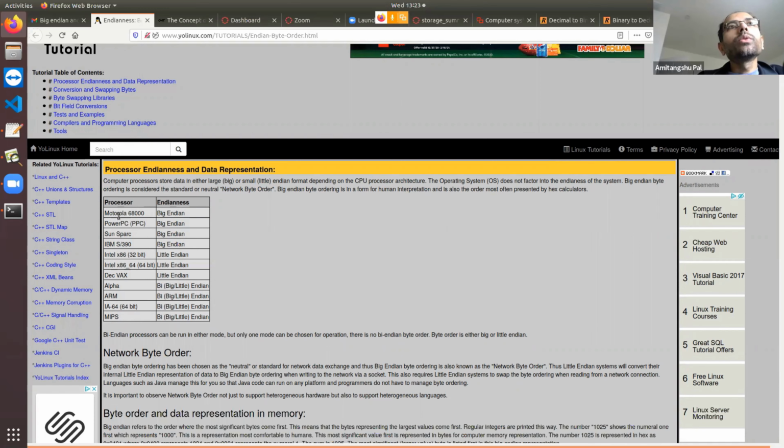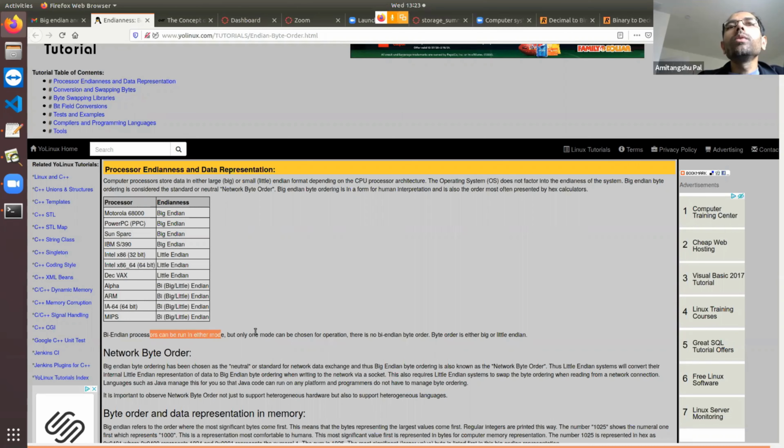Some processors like Motorola, IBM, SPARC, they all follow Big Endian notation. Intel follows Little Endian notation. Some other processors like ARM follow Bi-Endian, or they support both Endian formats. But in Bi-Endian processors also you can run in either mode.